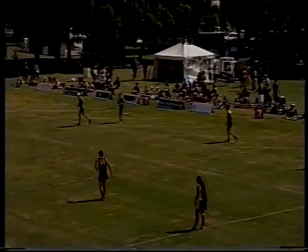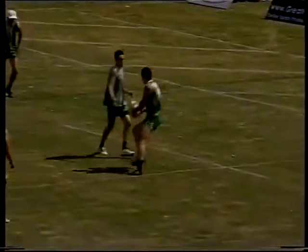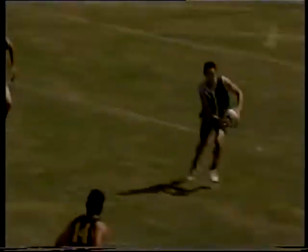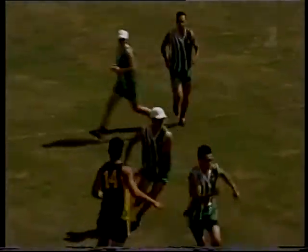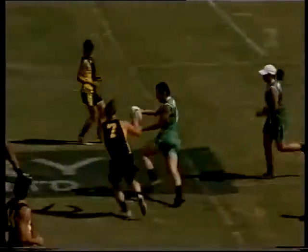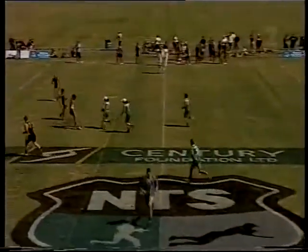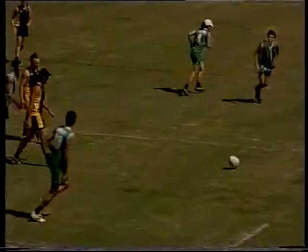The Bay of Plenty team obviously is a specialist mixed side, and they've brought their specialist mixed team here to this tournament. But for the teams such as Wellington, they've got a lot of men's open players and some women's open players, as do a lot of the other teams here. So really, this first round, I guess, has been a filling out process for a lot of the teams, and they'll head up to the second round in Palmerston North next week, a lot more wiser and hopefully with a lot more knowledge of their own players as well as the opposition's